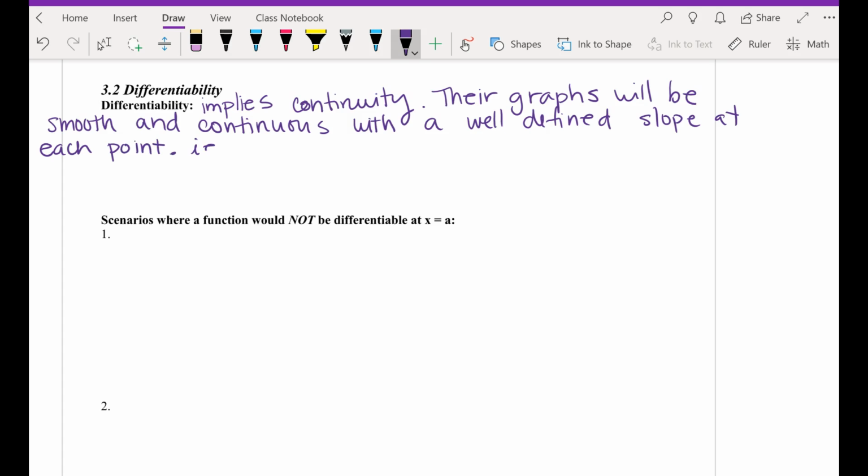Some examples of smooth and continuous curves are polynomials, you have rationals, you have trig, those are smooth, you have exponential functions, and then you have log